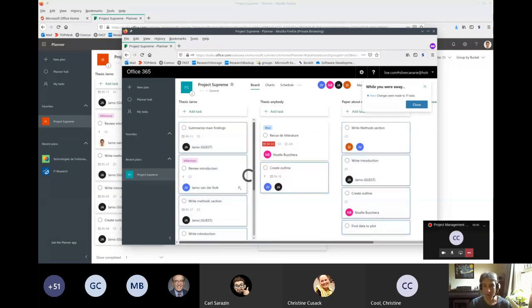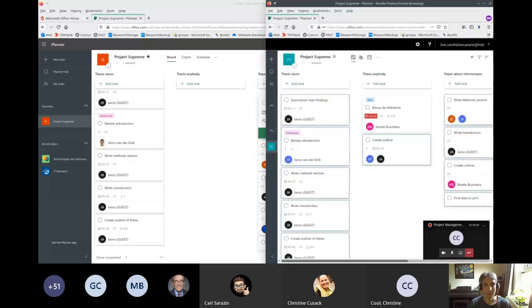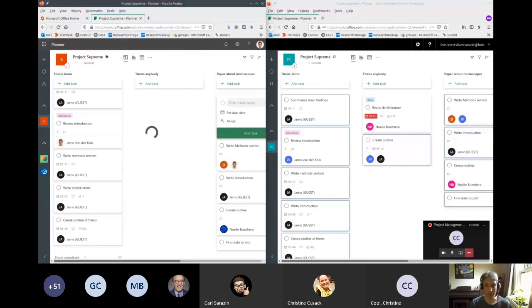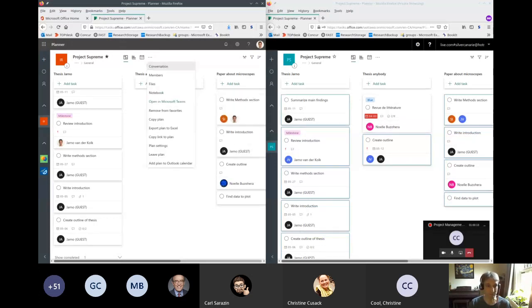I have all my tasks for this bucket, and for my paper, and all the tasks that were assigned. That's the same view as I had before. I'll put this to the right of my screen, and I'll put the other one to the left. On the left side, I have my uOttawa account, and on the right side, I have my guest account. So if I go to Files,